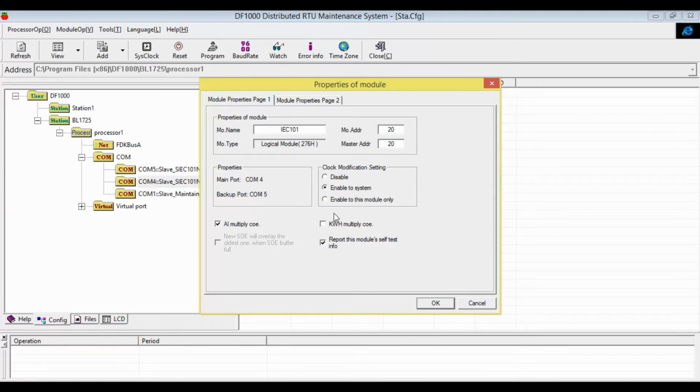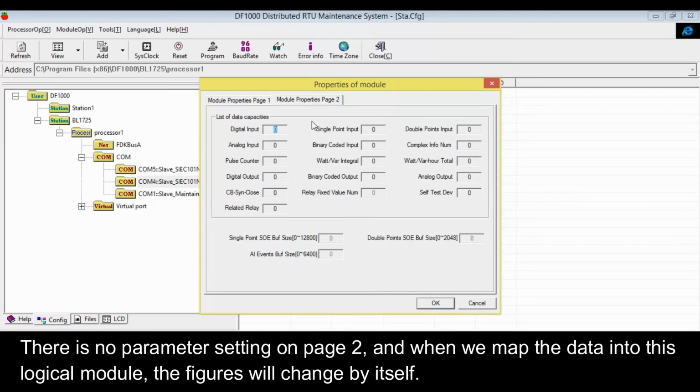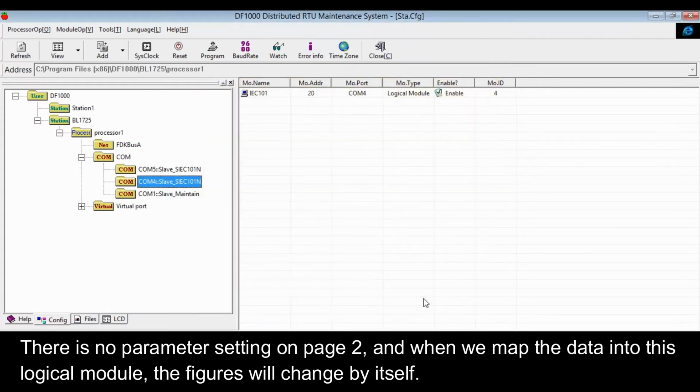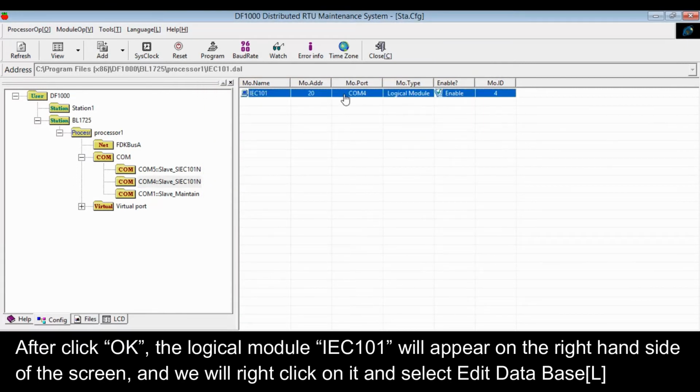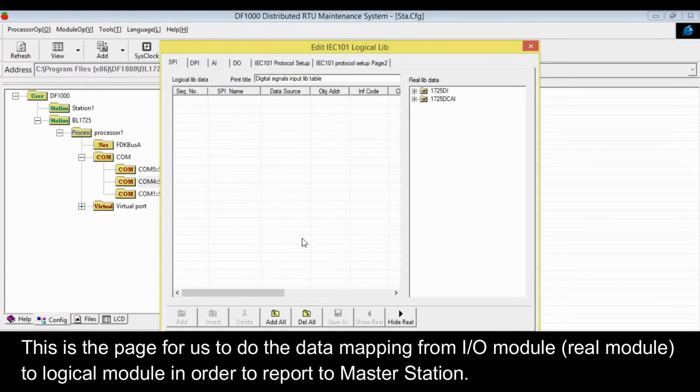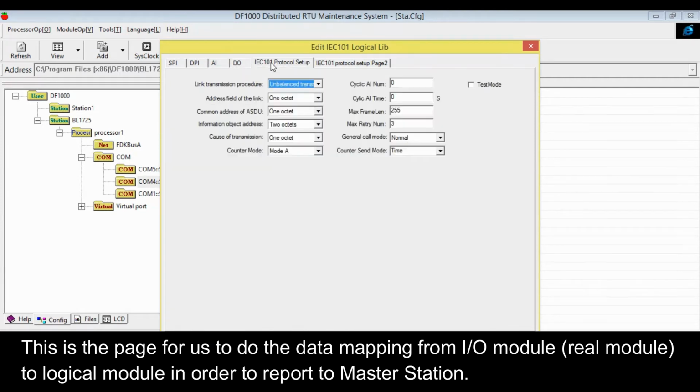There is no parameter setting on page 2, and when we map the data into the logical module, the figures will change by themselves. After clicking OK, the logical module IEC101 will appear on the right-hand side of the screen, and we will right-click on it and select Edit Database. This is the page for us to do the data mapping from input-output module to logical module in order to